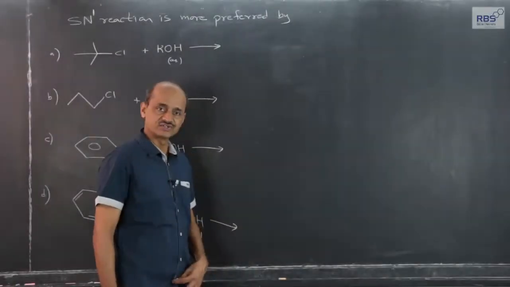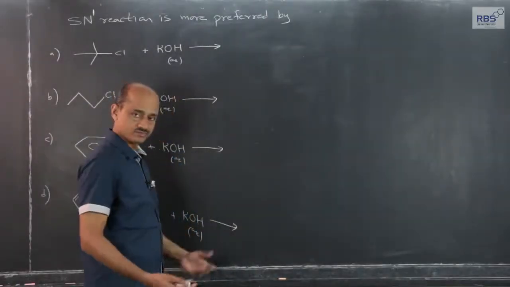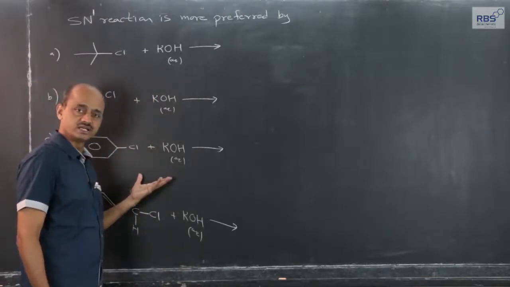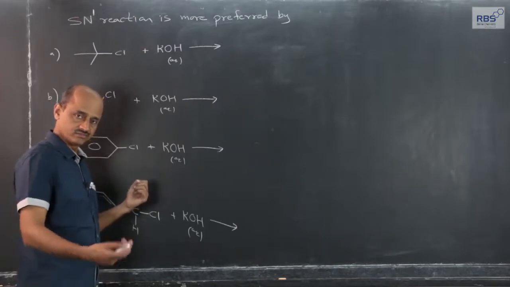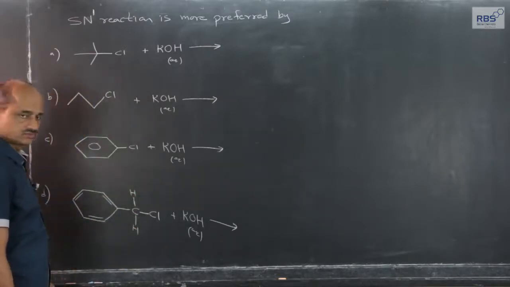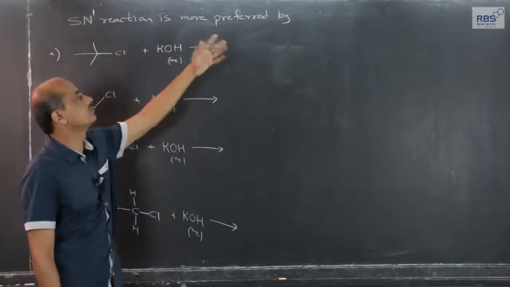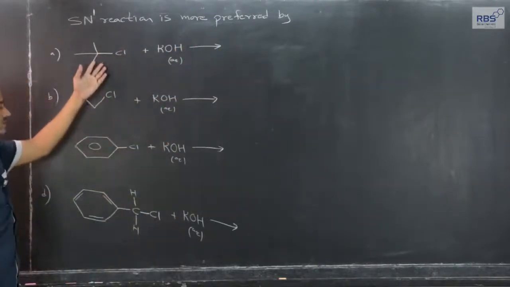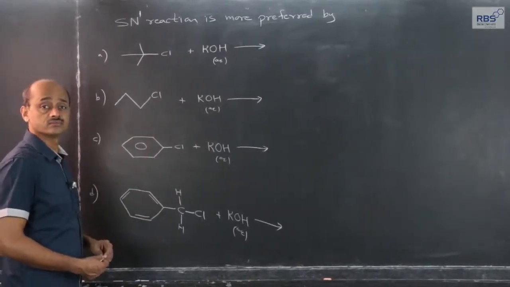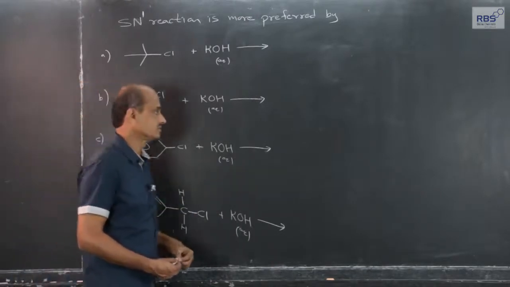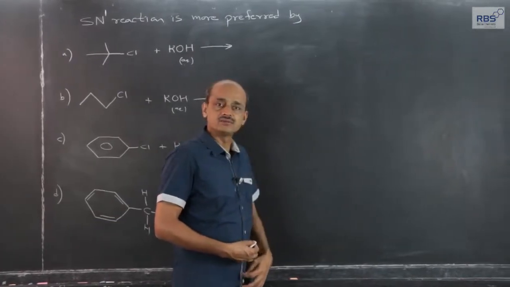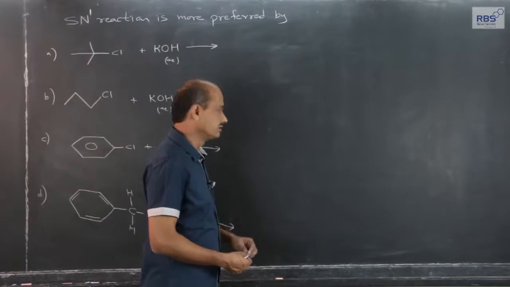Dear students, now let us consider one more interesting example question. This had been there in one of the multiple choice exams, in the form of MCQ, although I have written in this fashion. Which SN1 reaction is more preferred among these four, A, B, C, D? Which one will take place as per SN1 mechanism? For that you should actually know what SN1 and SN2 are. Very simple part. Still I will explain in haste.